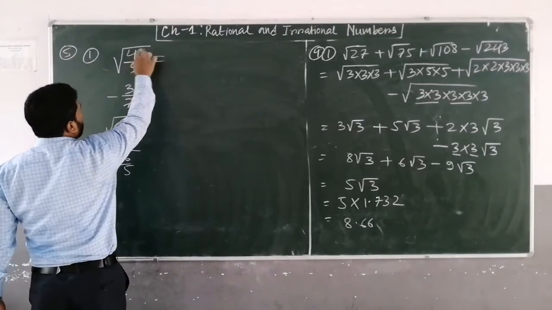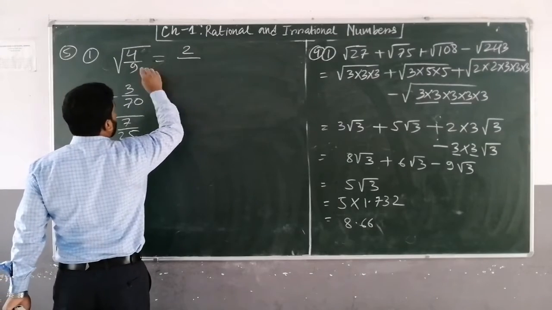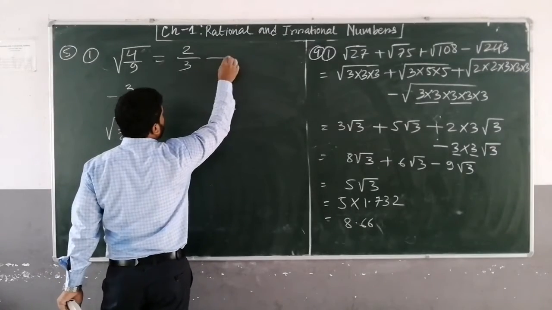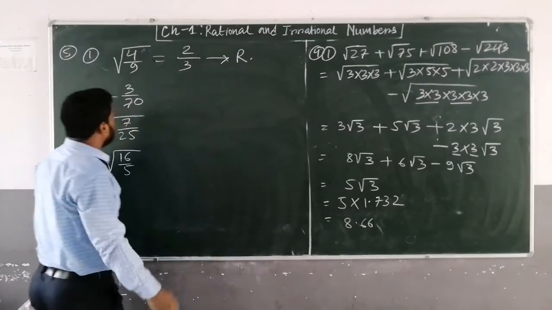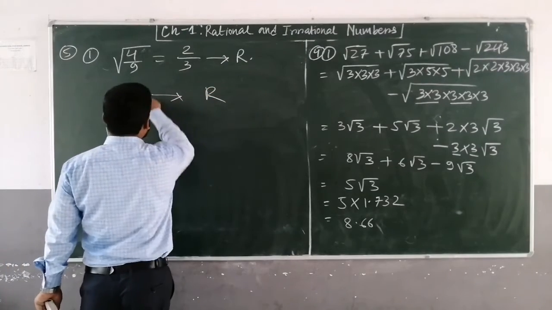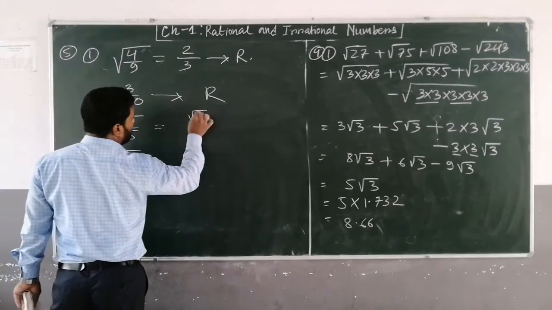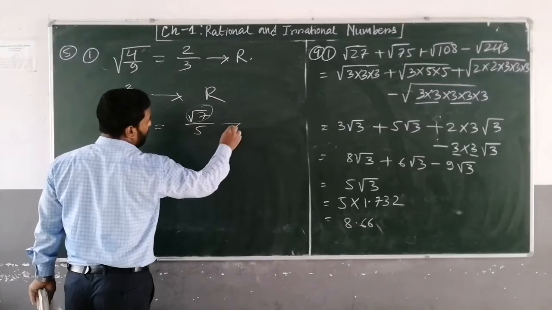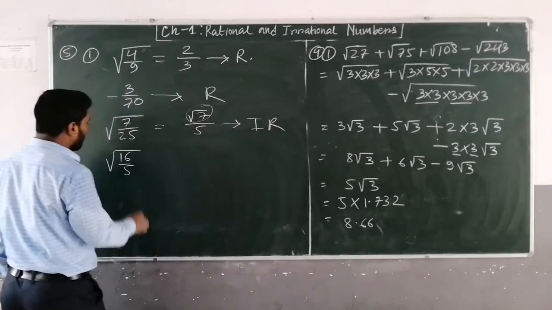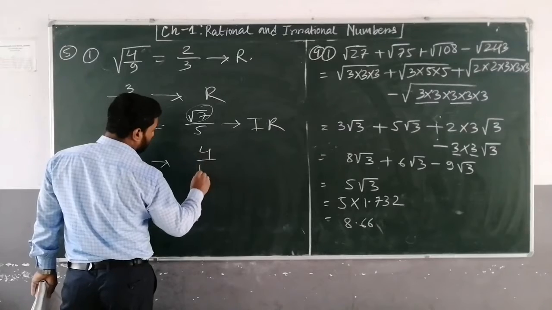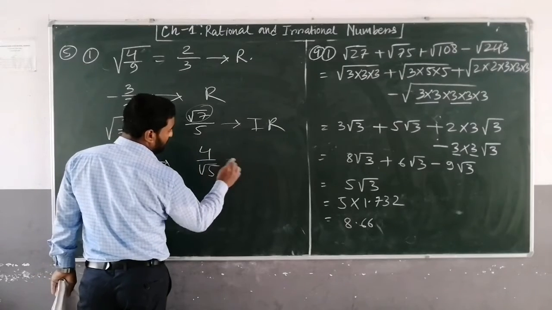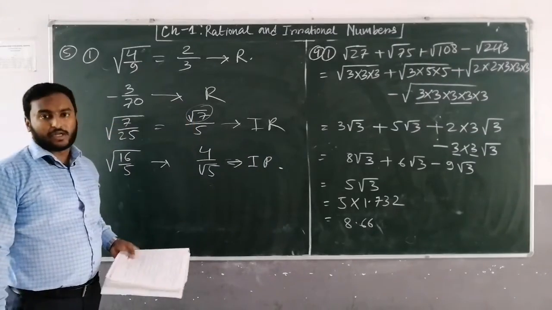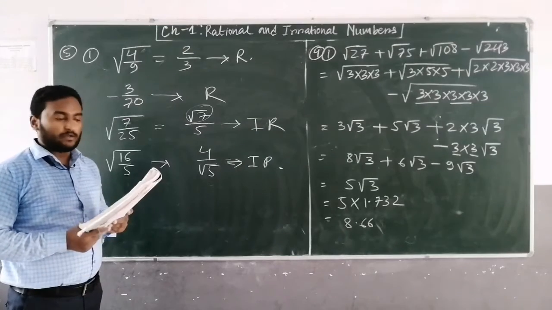So square root of 4 is 2 and square root of 9 is 3. This is a rational number, 2 upon 3, p upon q form. So this is rational. This is rational. Okay. This is also rational, p upon q form, and this can be written as under root 7 upon 5. Square root of 25 is 5. But root 7 is irrational, so the whole part is irrational. And here this will be 4 upon under root 5. Under root 5 is irrational, so this is also irrational. Okay, only you have to say which one is irrational. Okay, nothing to do. Next part you can solve very easily.